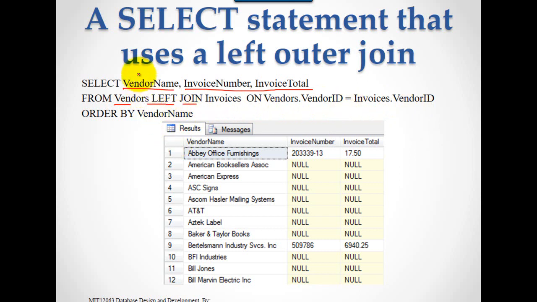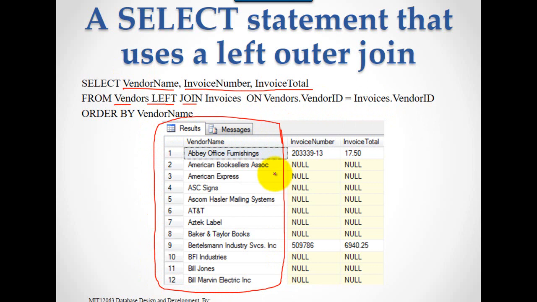Left means all records from the vendors table, correction, will be taken, plus the matching records from the invoices table. And for the unmatched records, as I told, it will display null.